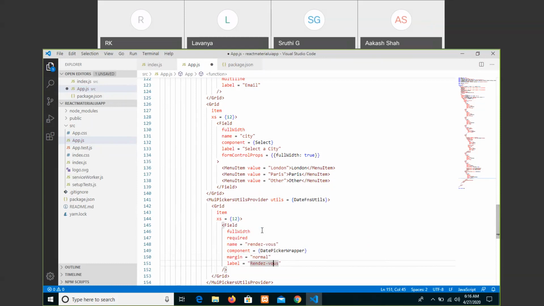So like this. So we have given a grid with something, a component that equals to date picker wrapper, margin, something, and full width, and it is required something.